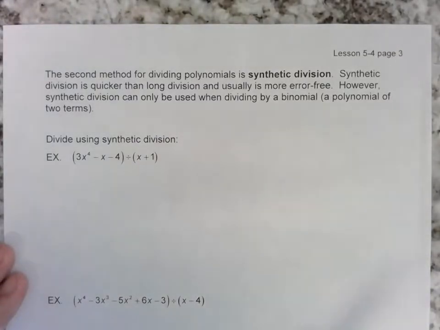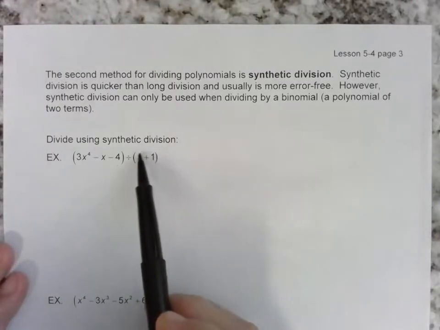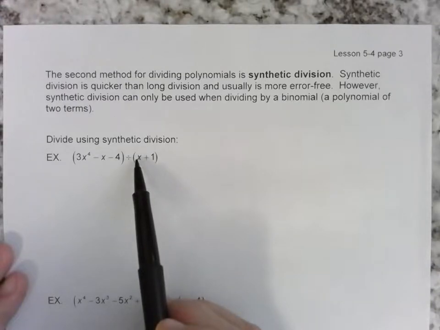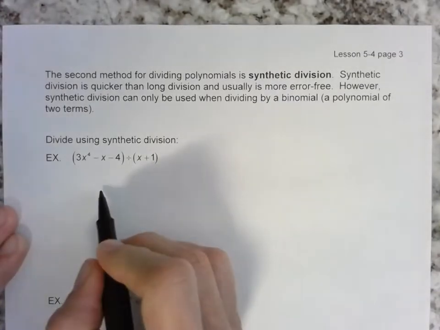Let's move on to the second method for dividing polynomials. This is called synthetic division. It is definitely quicker than using long division, but you can only use it when your divisor is 2 terms and the leading coefficient is 1. Okay? So the way you figure out how to set up your problem,